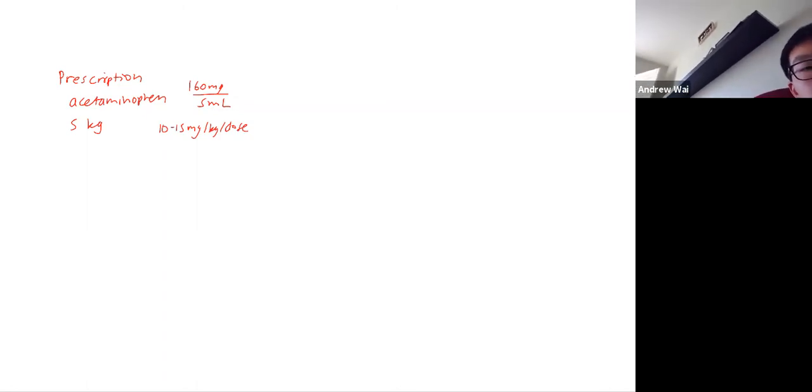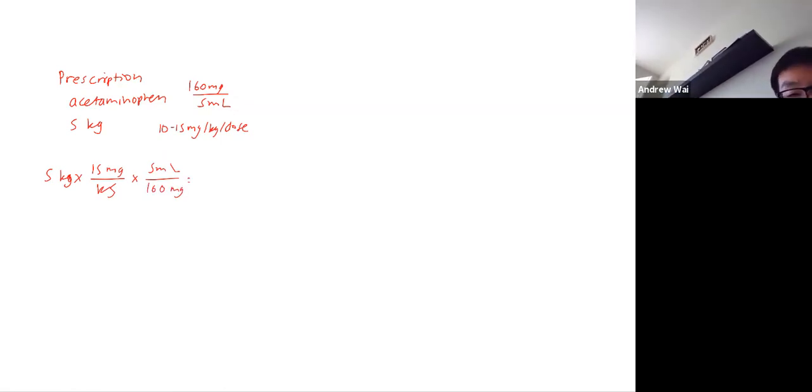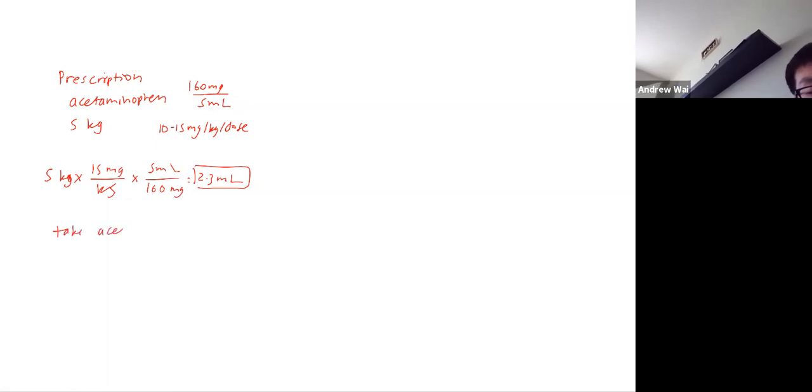Now that you've had a chance to practice on your own, we're going to go ahead and write out this prescription. So 5 kilograms times, let's go with 15 milligrams per kilogram here, times 5 mLs per 160 milligrams. Okay, that's like 2.3 mLs. All right, so now we're going to write take acetaminophen, 2.3 mLs of the 160 milligrams per 5 mL concentration